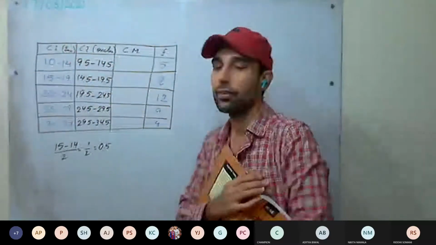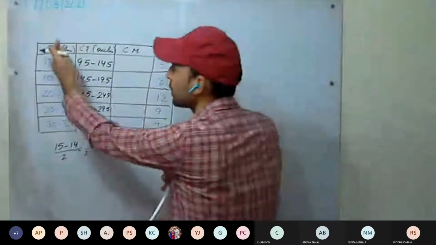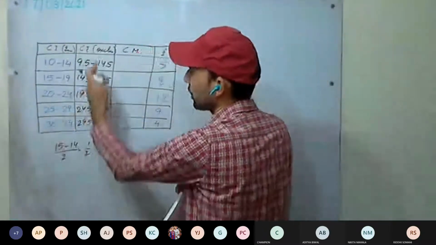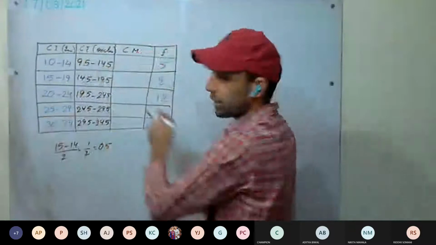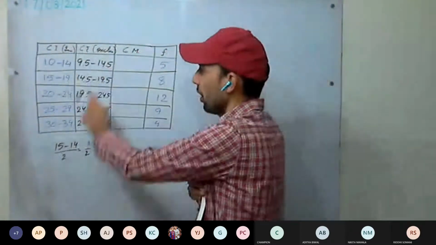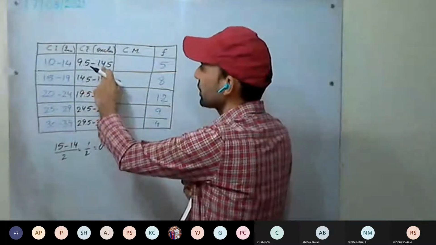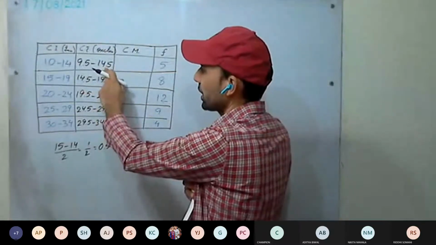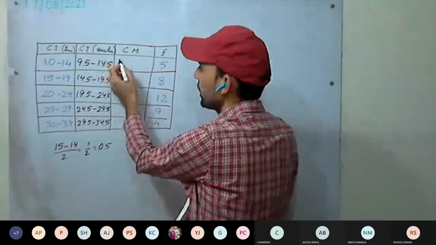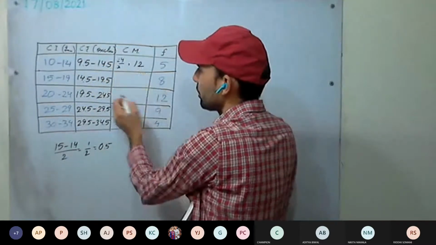Okay, now class mark, everyone calculate the class mark. See, a class mark remains the same whether you calculate using the inclusive or the exclusive limits, because we have moved an equal amount on both sides. You can also check: 9.5 plus 14.5, how much are you getting? 24. 24 divided by 2, it will be 12.